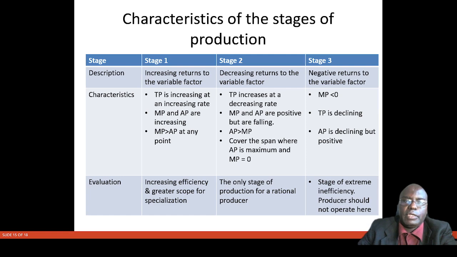For stage 1, we've seen that it's a stage of increasing returns to the variable factor. The characteristics of stage 1. The total product is increasing at an increasing rate. The marginal product and average product are increasing, and the marginal product is greater than average product at any point